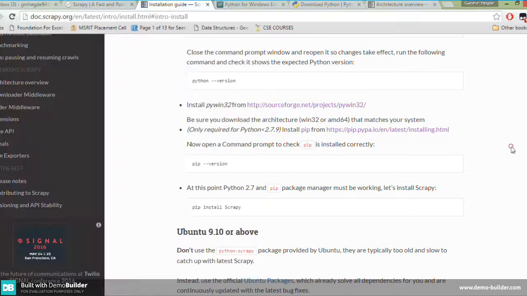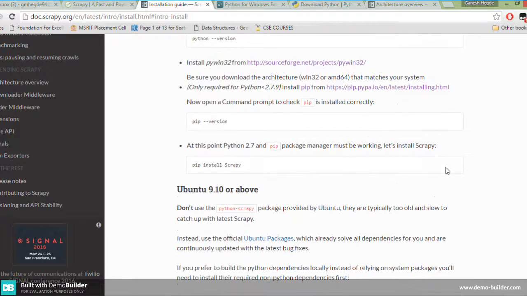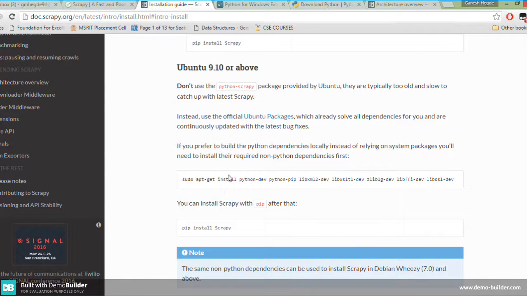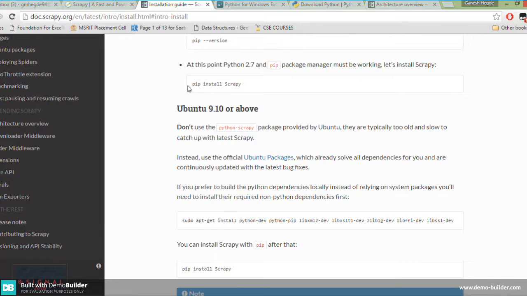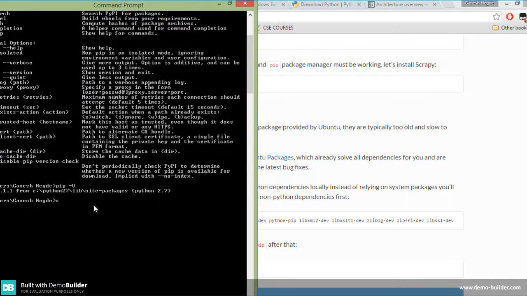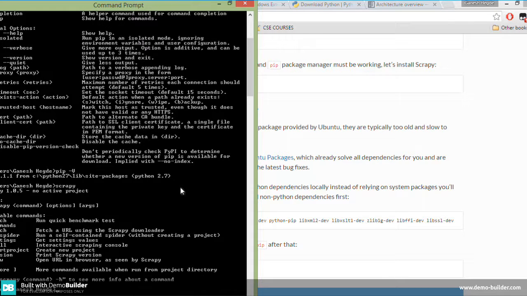Then to install on Ubuntu, simply sudo apt-get install python and pip install Scrapy. After this you can simply install Scrapy with pip install Scrapy. I already installed it, therefore I simply write scrapy, that's it. It will show the version and the commands available for Scrapy. It takes a lot of time because of recording.